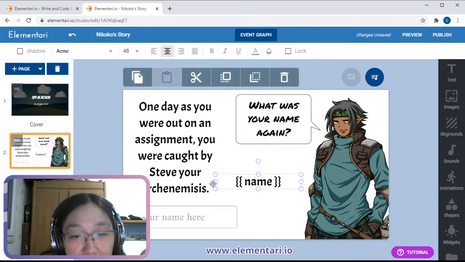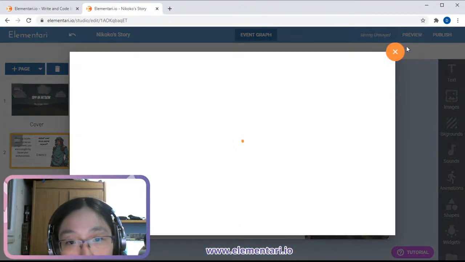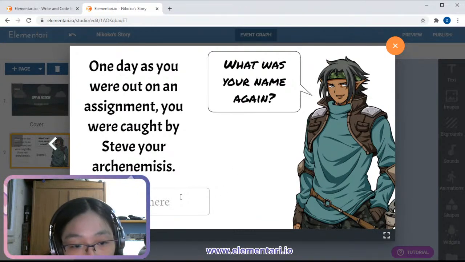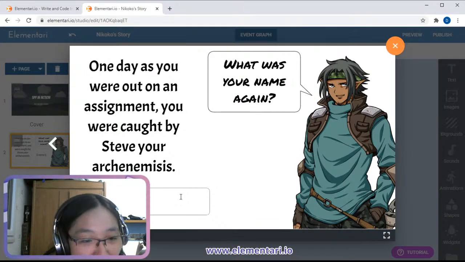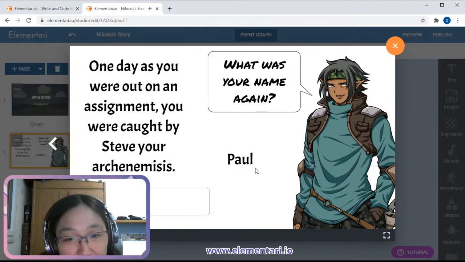I'm just putting this here so you can take a look at it. But when I preview it, right now the variable name has nothing assigned to it. It's an empty variable. And when I say, I don't know, Steve, or, well, this guy's name is Steve, so probably not the best name, maybe Paul, then Paul appears here.